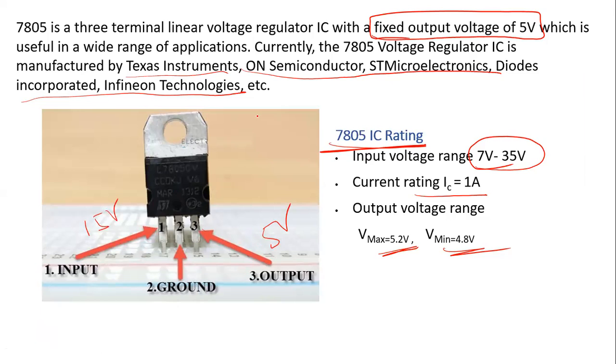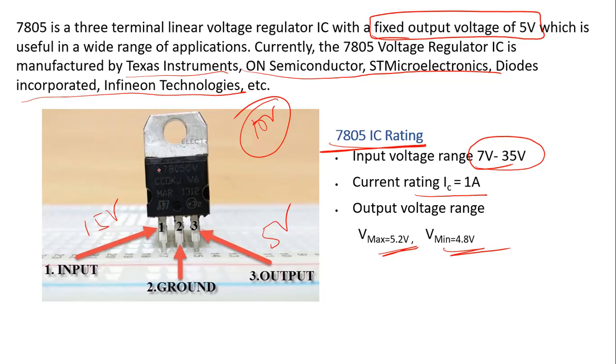So the remaining 10 volt will be an excess voltage. Where will that 10 volt go? It will be converted into heat, because you are not taking out that 10 volt, or you are not connecting that 10 volt to the output circuit. So the excess voltage will be circulated around this IC as an excess voltage, and that will have to be released as heat from the surface of this IC